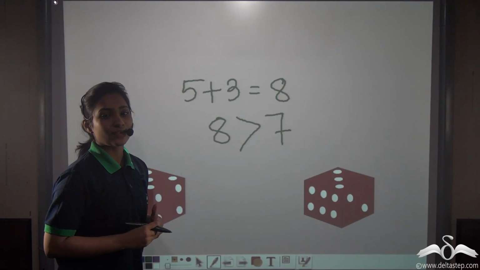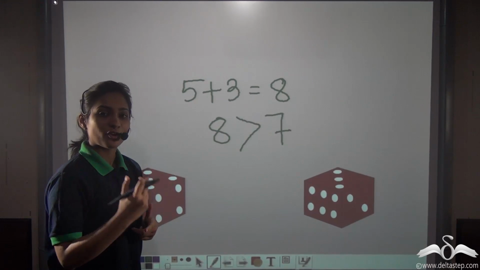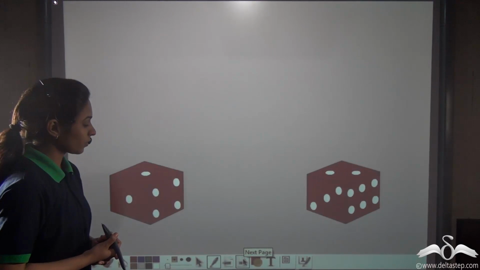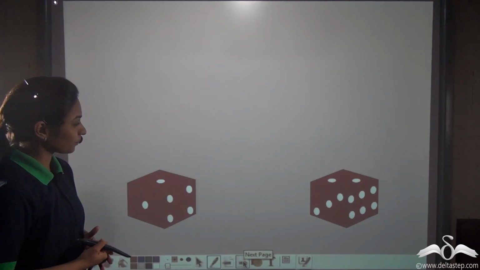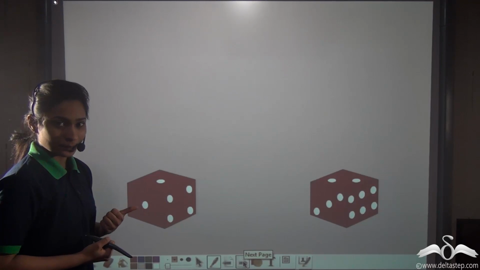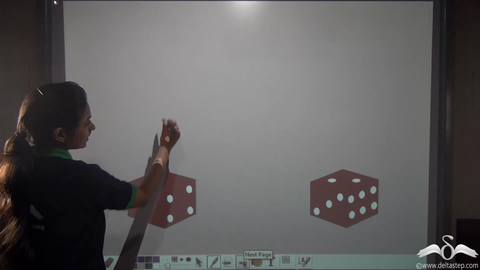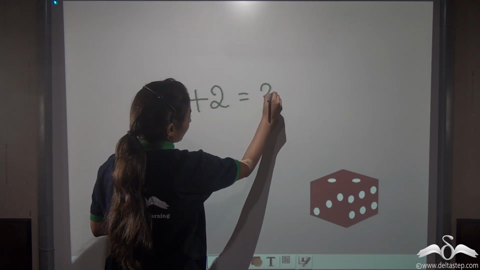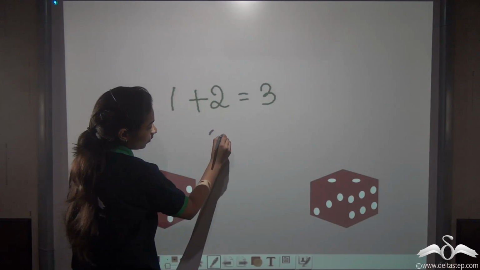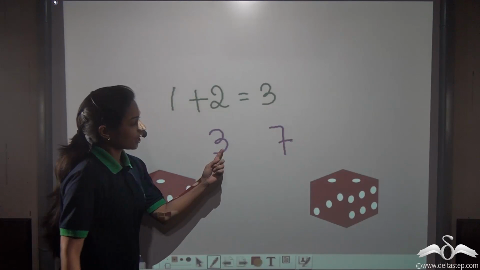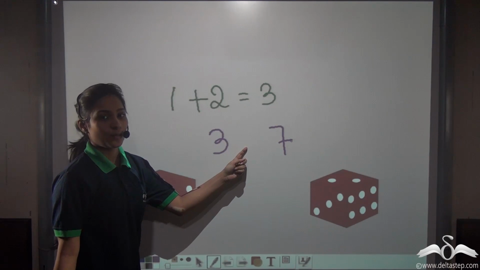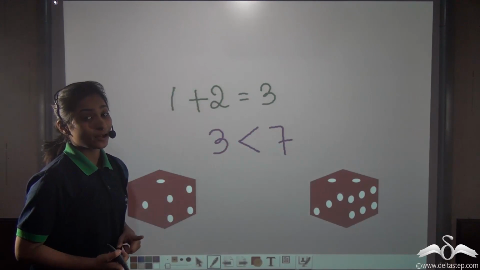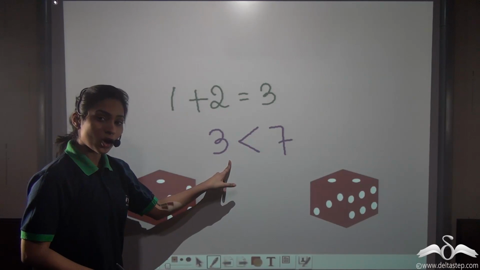I tried to play another chance. This time also I bet for 7 up. Let's see what I got. See. Again, did I win? Check. This dice has 1. This has 2. So 1 plus 2 is 3. Now, tell me what will be the sign here? Greater than or less than? Well, you can see 3 is always less than 7. But again, I had bet on what? 7 up. So I lost here.